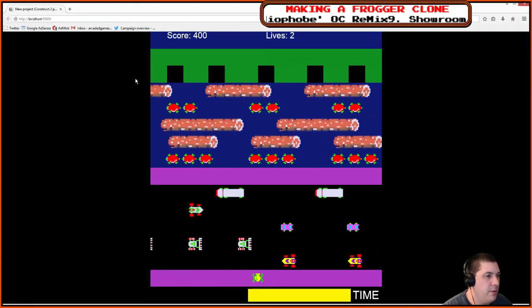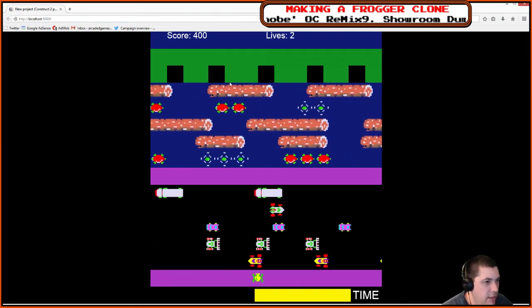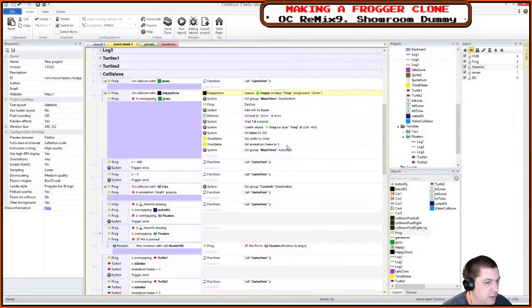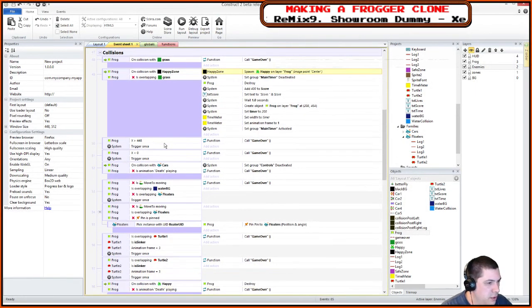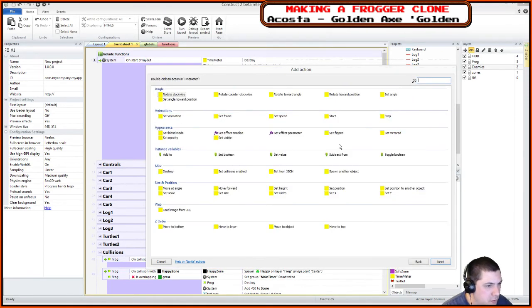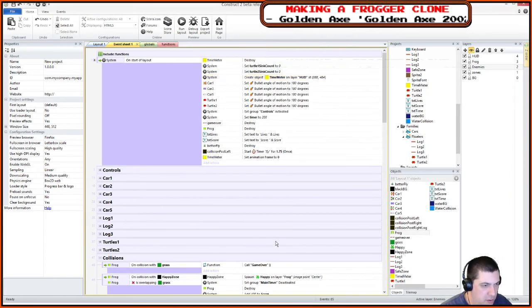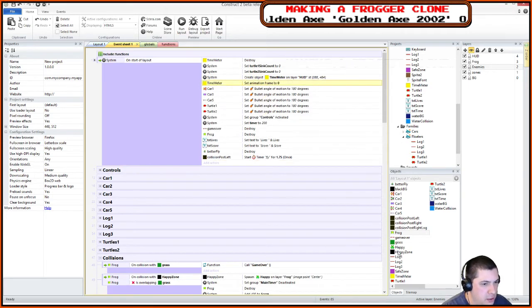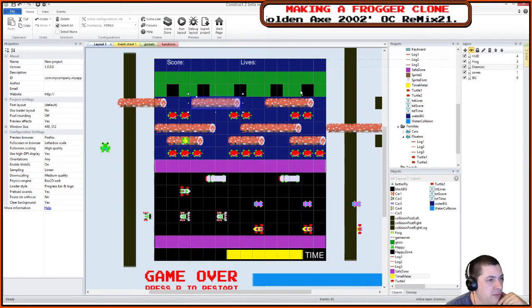Except when I die now, everything resets and it takes away my dudes. So, and when my timer resets, I need to set this. Set frame to 0. Yeah. Okay. So we've got 1, 2, 3, 4, 5 of those guys. So